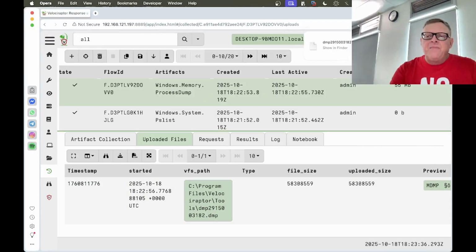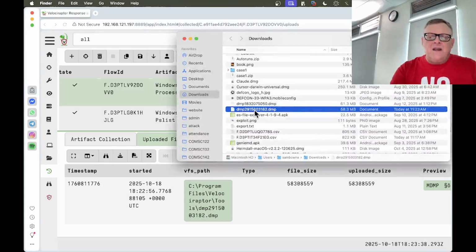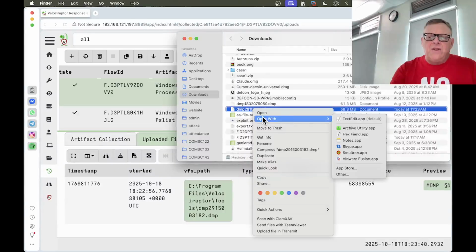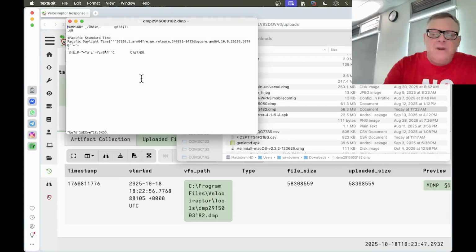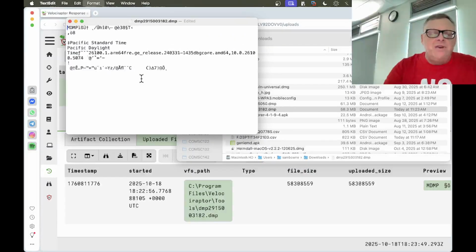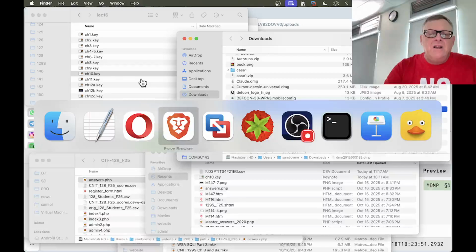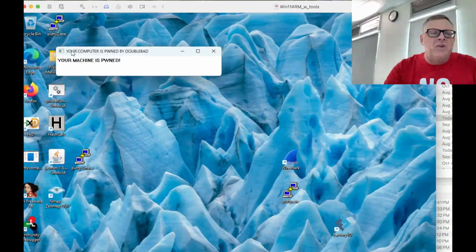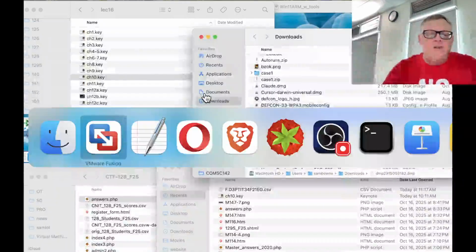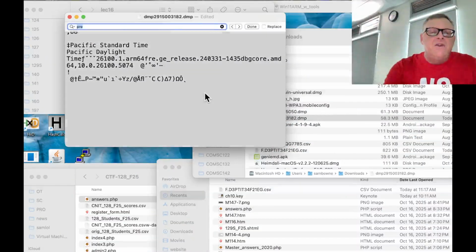And there it is. And I think I can probably just open it with a plain text editor. Let's see what that does. It's a binary file, but it's going to have some text in it. I just want to see if it contains this message. The message is, your machine is pwned. And up there it says, pwned by DoubleBad. So pwn would be a good thing to look for, and this might find it. If I just search for pwn,